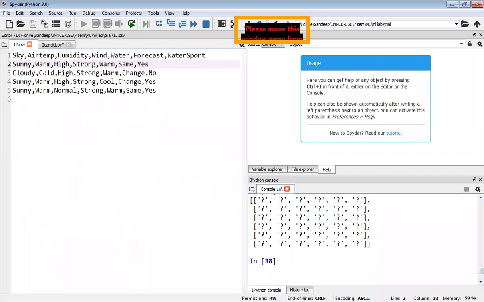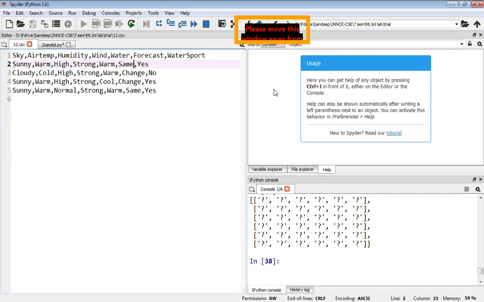If you write down each unique general hypothesis, not completely general but more general, it will create 6 hypotheses, such as Sunny question mark question mark question mark, or question mark cold question mark.